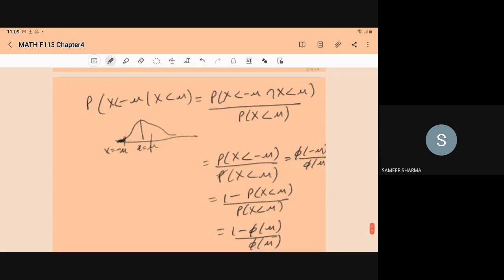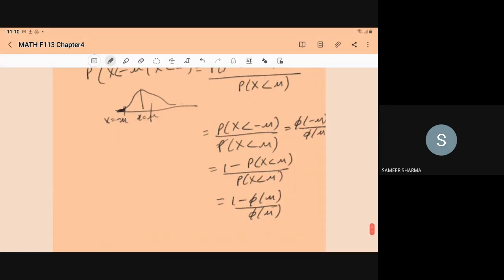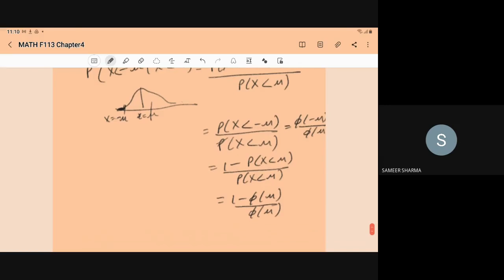Sir, in the question it said we have to convert to a normal distribution. So won't it be phi of 0? Here I have written that they have given this information also, sigma square is equal to mu square. So sigma is equal to 1 also. This information also they have given.